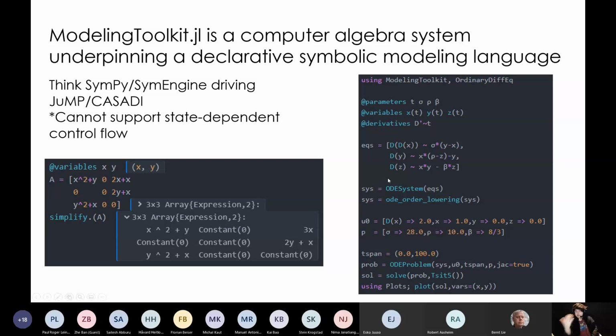But it can also specify things that you more think about as a high-level language, kind of like Modelica. So here, for example, is a symbolic specification of an ordinary differential equation, where we can say transformations of the ordinary differential equation, or compiler passes on this representation. So here is a high-order ordinary differential equation. You can say do order lowering, and then do Pantelides algorithm or BLT transformations, and then define the terms and solve the differential equation that comes out of that.